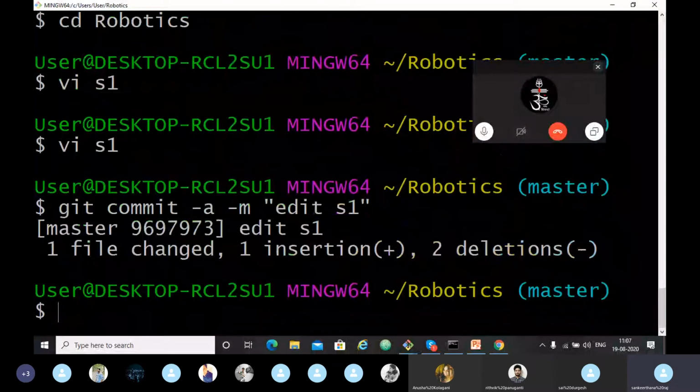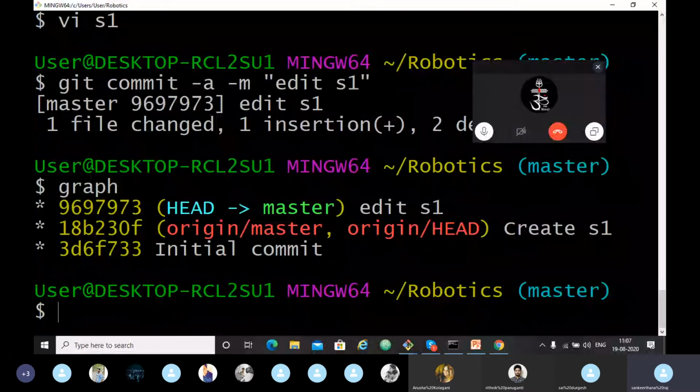So yesterday we made these two commits, the initial commit, and we created the S1 file. Today this is the commit I have made just now, edit S1. So our master branch in the local repository is at edit S1, but our master branch in GitHub is at the commit we created yesterday.